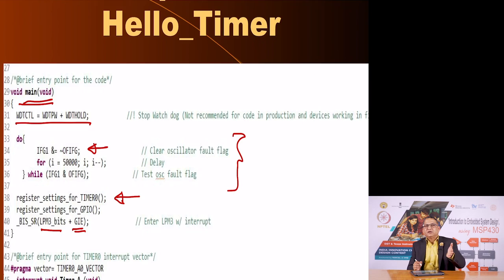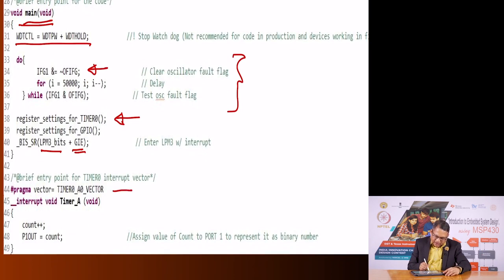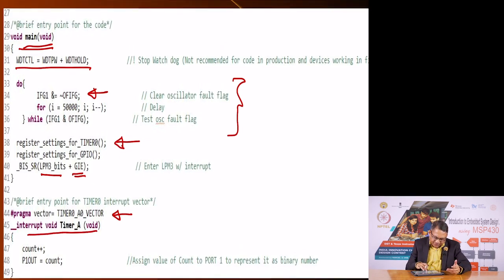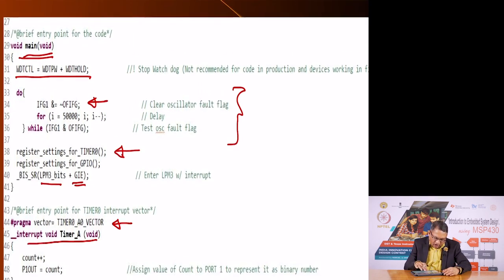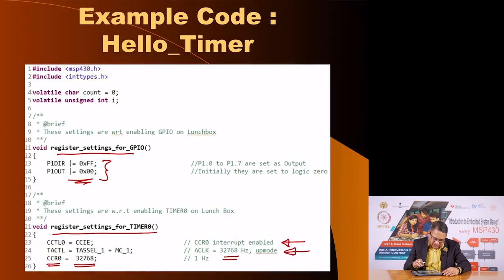That means once 1 second gets over, you are going to go into the interrupt, and this is the interrupt program. We are saying that our vector is the timer 0 A0 vector, and this is the code for it. And what is the code? Simply a count, where you increment the count. And what is count? If you see here,